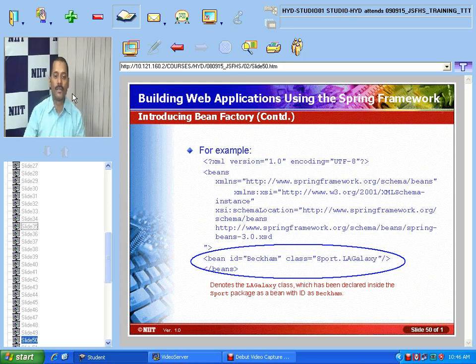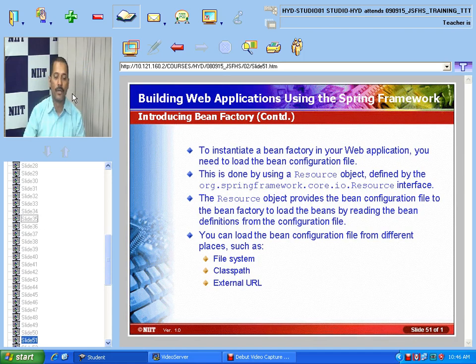Now the next one is the bean factory. To instantiate the bean factory in your web application, we need to load the bean configuration file. This is done by the resource object, by which we can load the configuration file and get the bean.